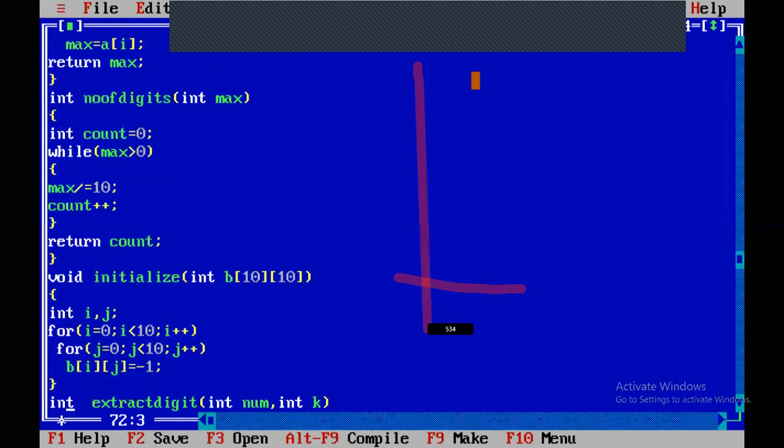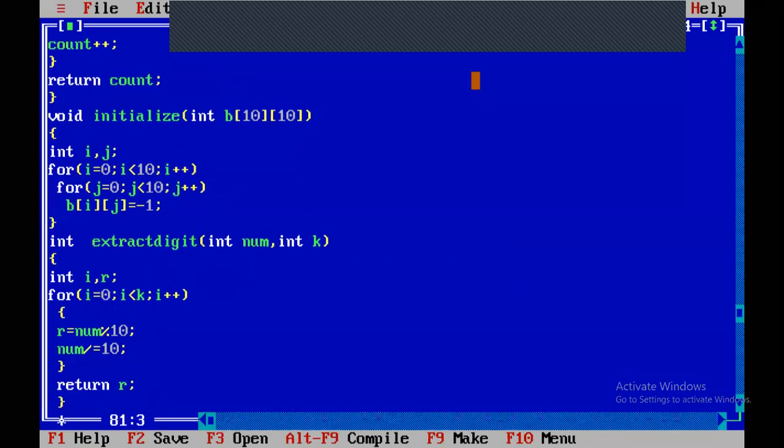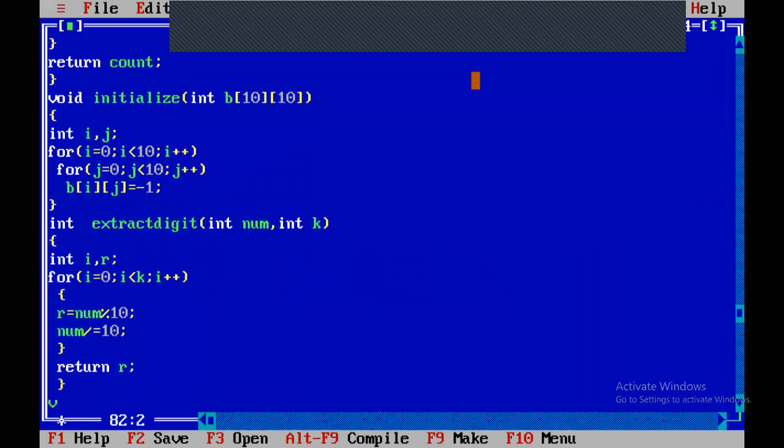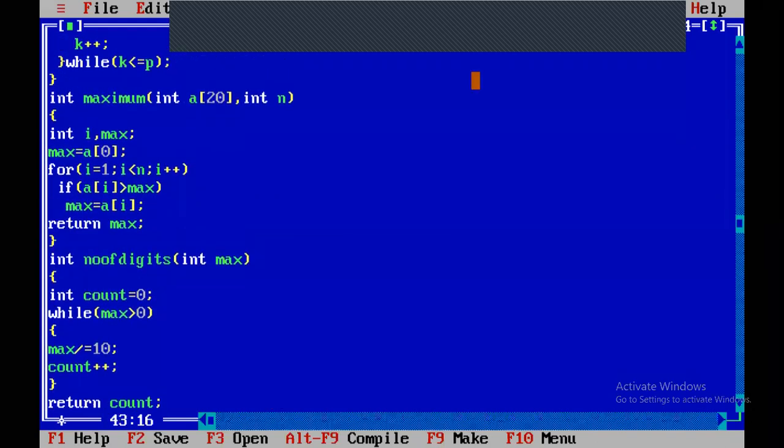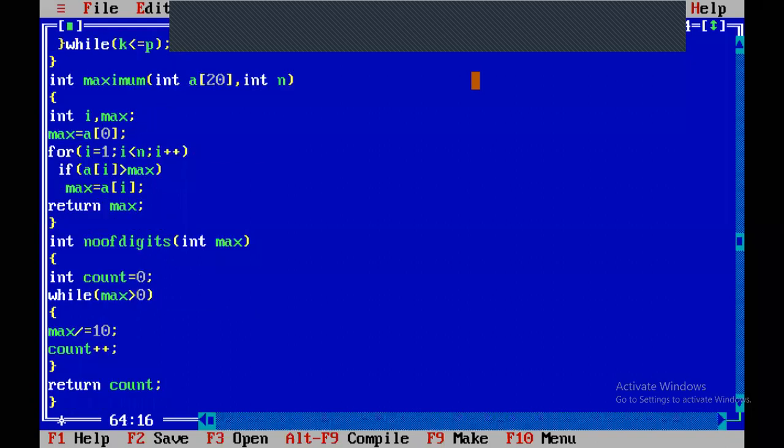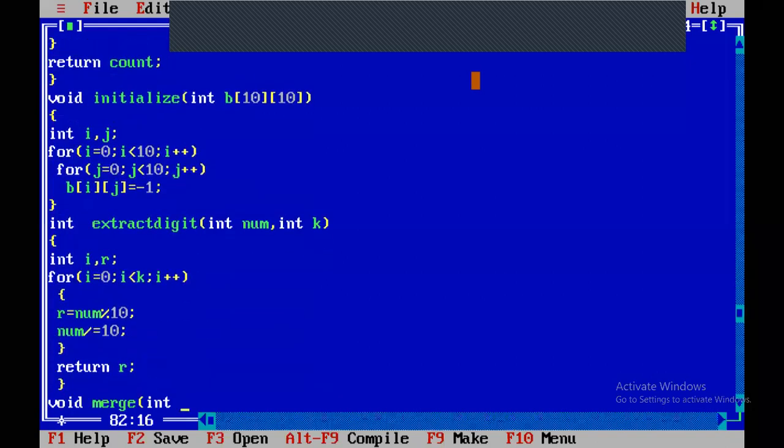Void merge, int b of 10 10, comma, int e of 10.